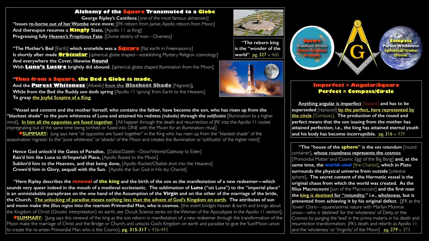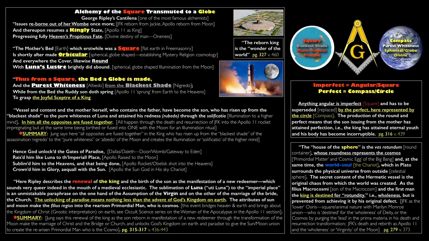And he says that the sublimation of Luna to the imperial place is an unmistakable paraphrase on the one hand of the assumption of the virgin and the marriage of the bride in the church. So there we go. The king marrying the moon, or the virgin bride, the virgin moon, with the Apollo king unifying with it. We talked all about the astrology of the Apollo 11 moon launch, of the union of the sun and the moon, with the moon in Leo, the sun sign, and the sun in Cancer, the moon sign. All of that was going on. And this is unlocking the paradise of God's kingdom on earth through this alchemical ritual. And I guess that's what the occultists viewed this as. It only goes to reason.